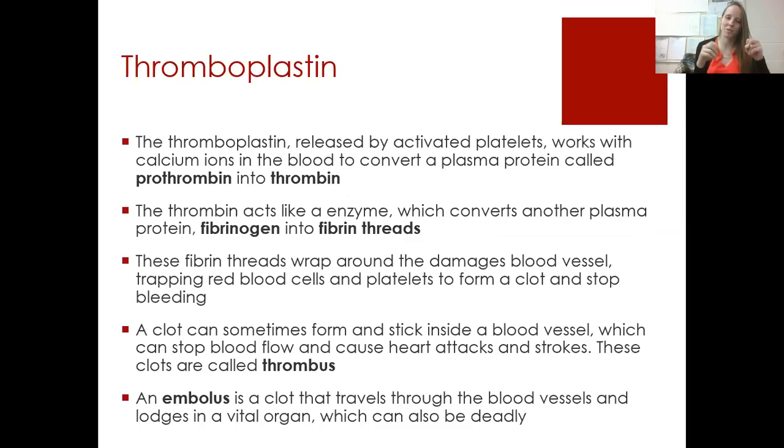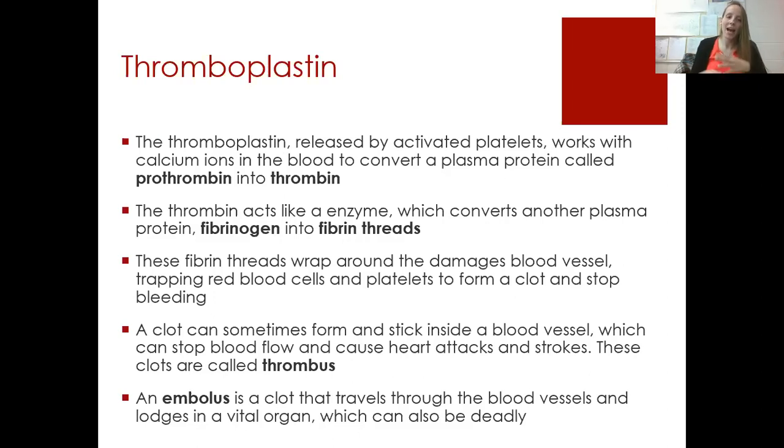Remember, pro is always before thrombin, so we have prothrombin and then thrombin. The thrombin acts like an enzyme. It's going to convert fibrinogen into fibrin threads, and then the fibrin threads wrap around the damaged vessel and hold everything together. This is something that you definitely want to happen. Like, if you get a cut, you want it to clot and scab over